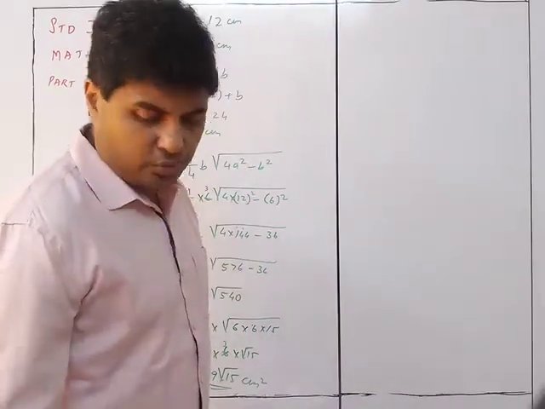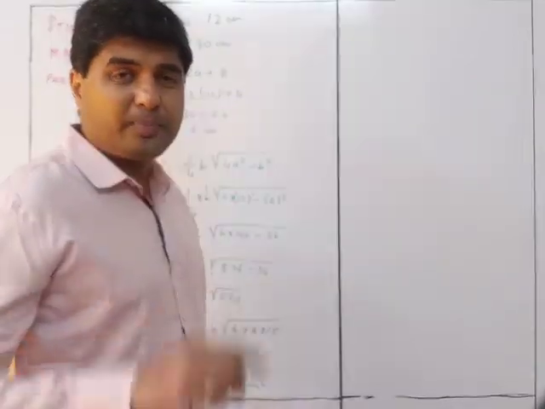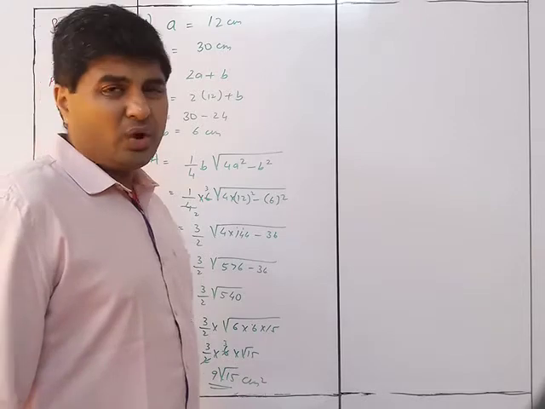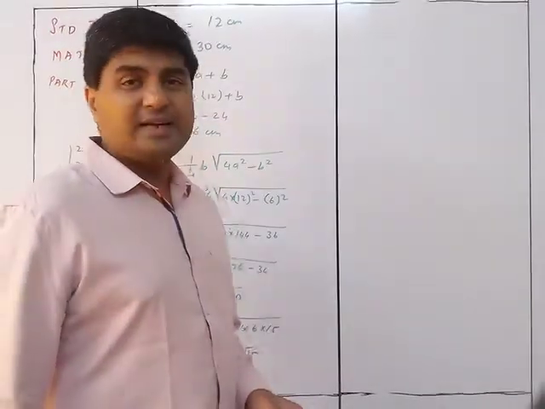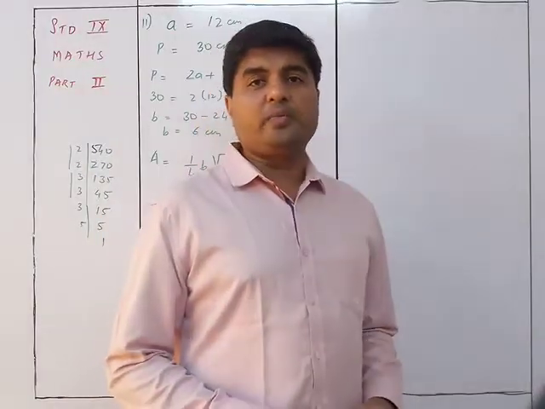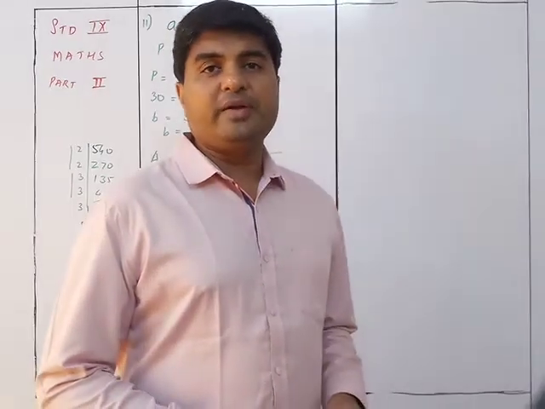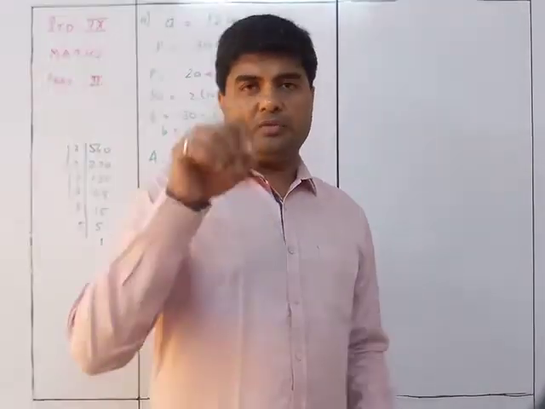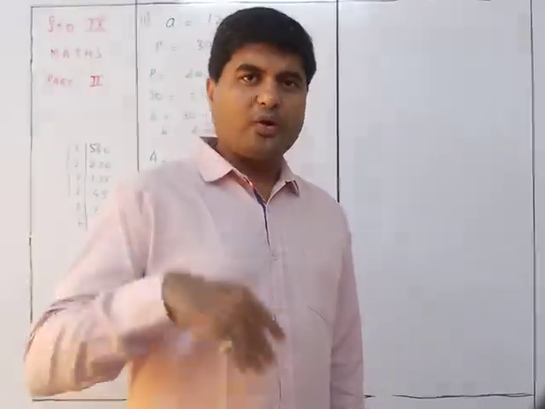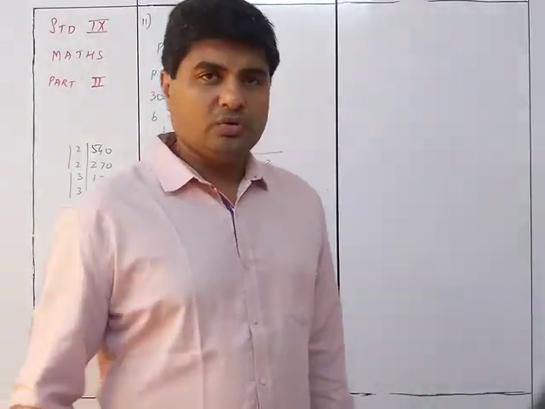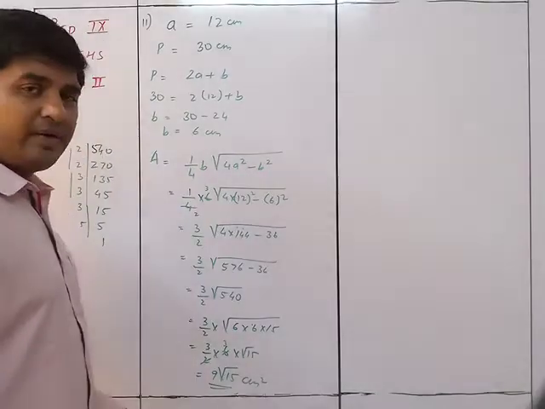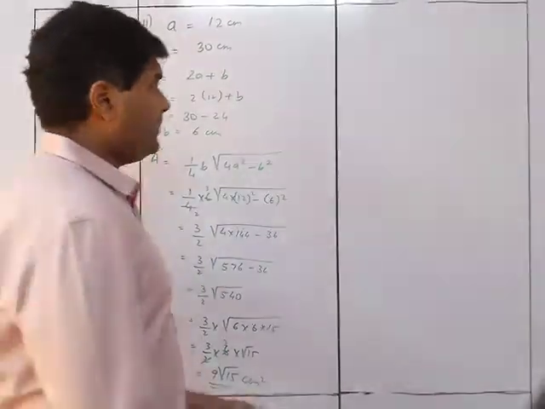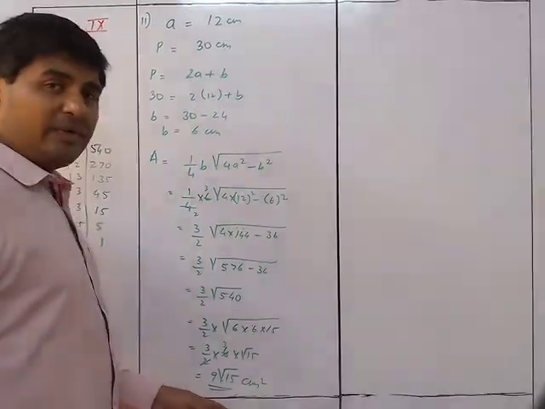You are not supposed to use the method of long division for finding the square root. Not required, because in the 10th standard, whenever a square root is required, you will be given a table, a book, and in that table there will be the values of root 1 to 100, all given to you. So here also you don't require it. Just 9 into root 15 should be good enough.